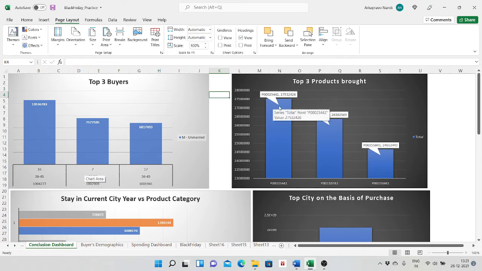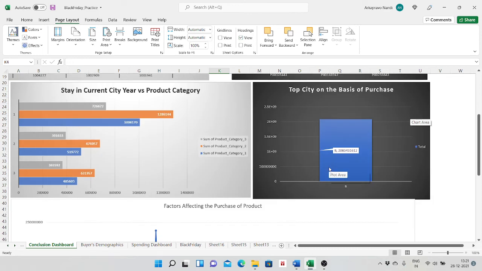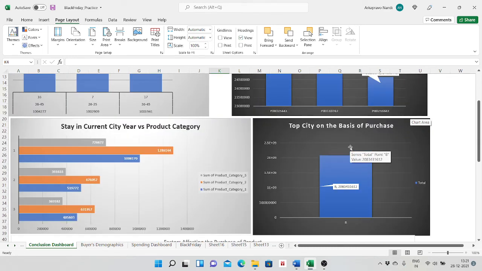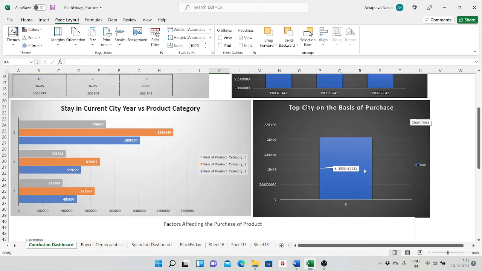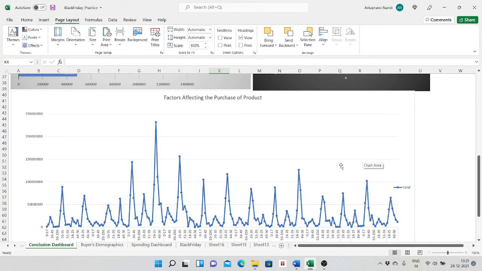And the top 3 products that are bought I have plotted here, and top cities on the basis of purchase, where I found that the people living in city B have bought most of the products.